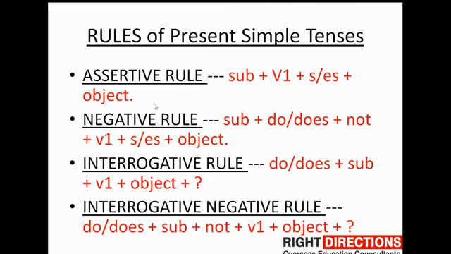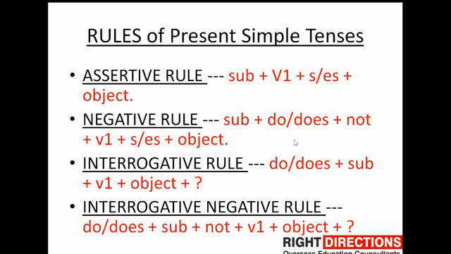These can further be classified into assertive, negative, interrogative and interrogative negative. Assertive और the positive statements, इनके लिए क्या rules लेते हैं हम? See, in a sentence there will be 3 things: subject, verb and object. But for the positive statements that we have to make in present simple, we'll be using verb की first form plus s or es. Where we'll be using s or es, that I'll tell you.